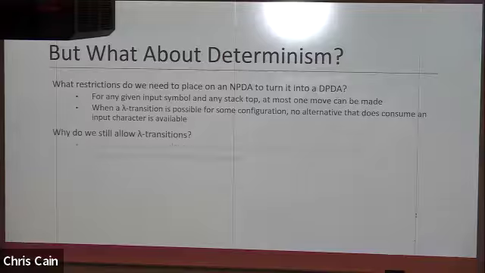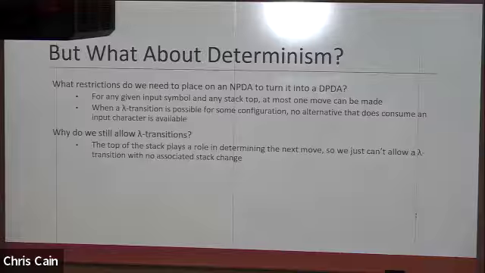Why is that? Because we need the tuple to be the same. So if one or the other of those is a lambda, then that's okay, as long as there isn't any other conflicting move. Like if we were reading nothing from the input, then we can't, on the same top of stack character, do something else. This would say when we see a capital A on top of the stack, then we could either do nothing or make a move.